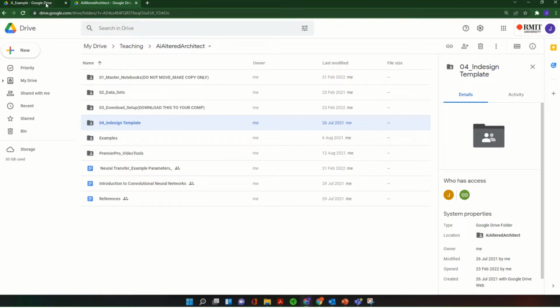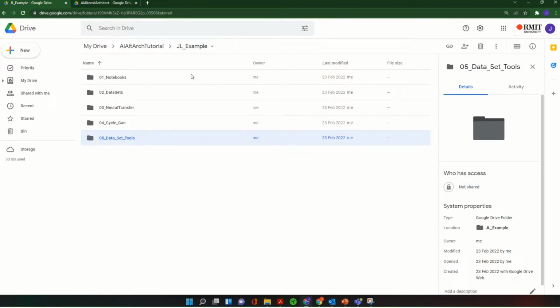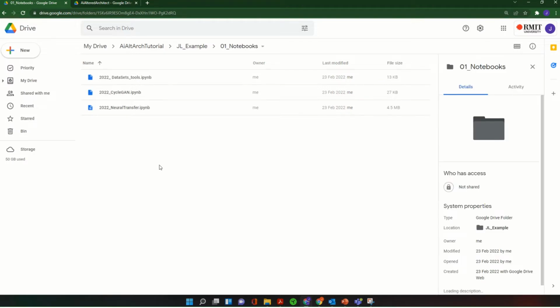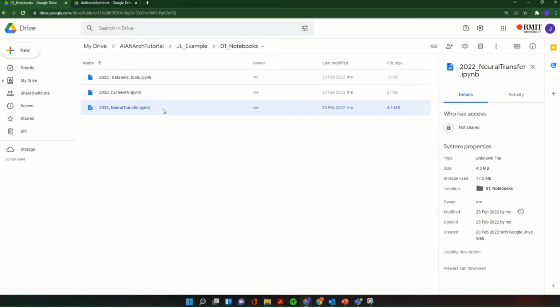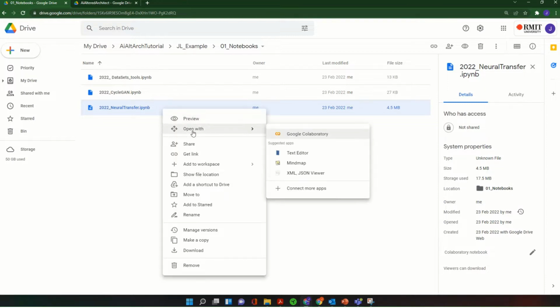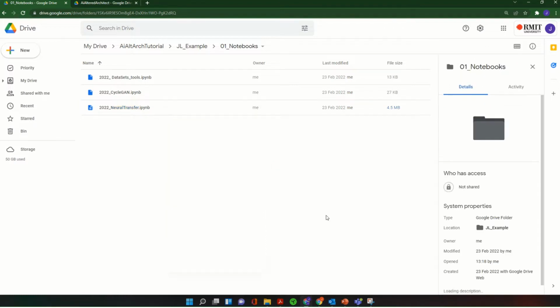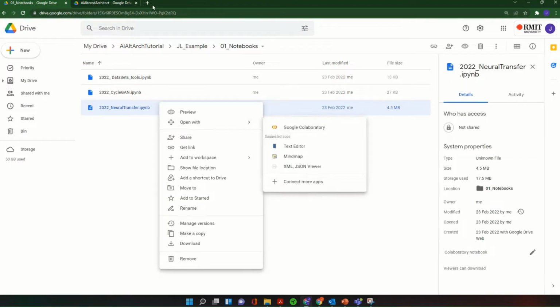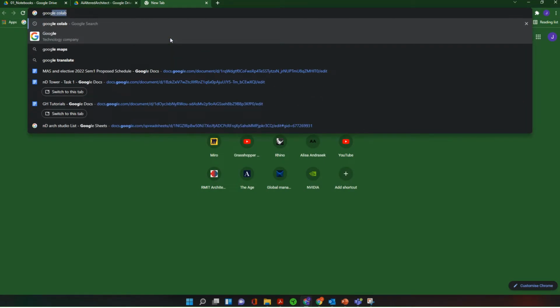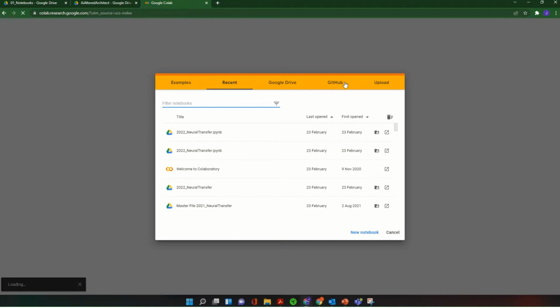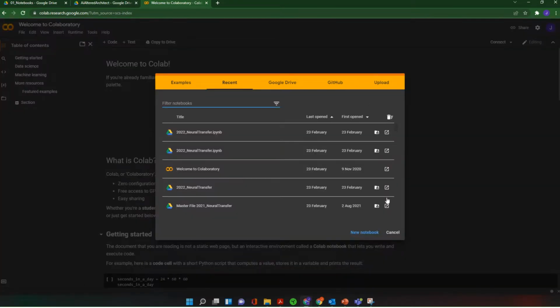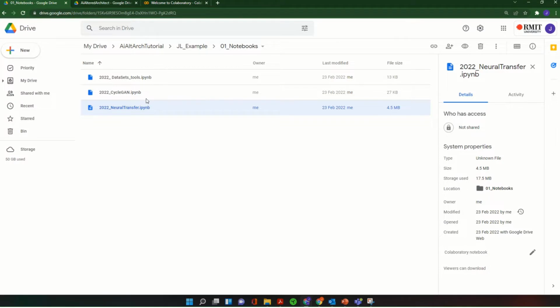detail later. So once we have this all uploaded onto our Google Drive, what we're going to want to do is go into our notebooks section, and navigate to this neural transfer file, and we should be able to right click and open with Google Collaboratory. If you can't do that, another way we can do it is if we just Google Colab and then welcome to Collaboratory, and it'll ask you for this immediate pop-up window,